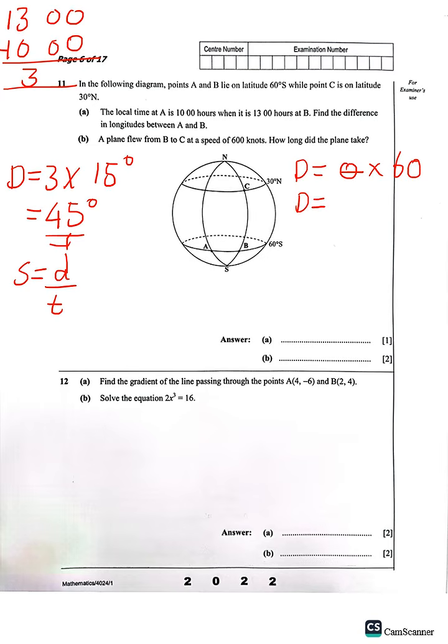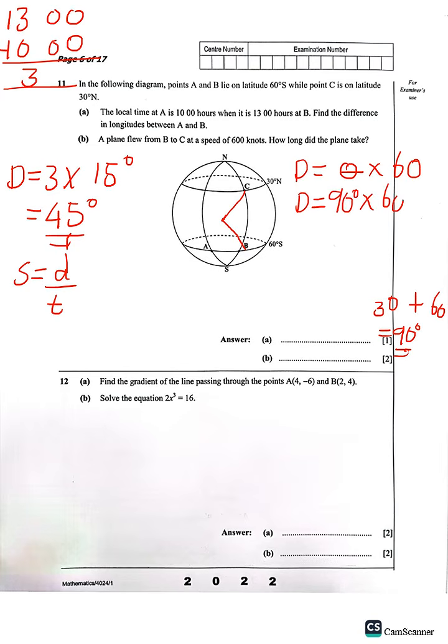So what's our theta? The difference between the latitude of B and that of C. The latitude of B is 60 degrees south, while for C it is 30 degrees north. So we are going to add. 30 plus 60, we get 90. So that is our theta,